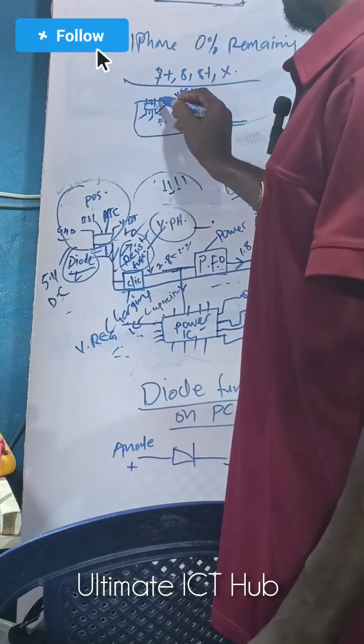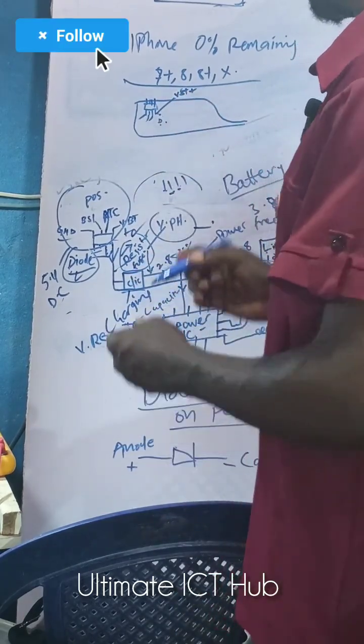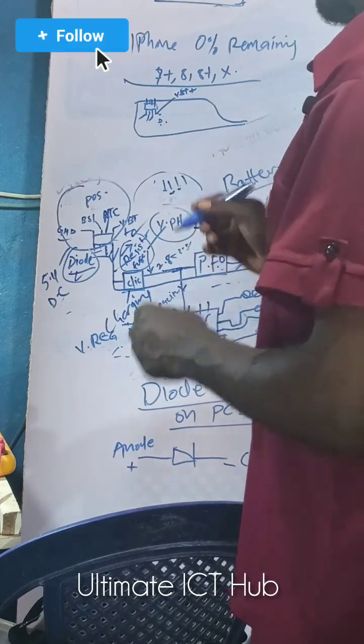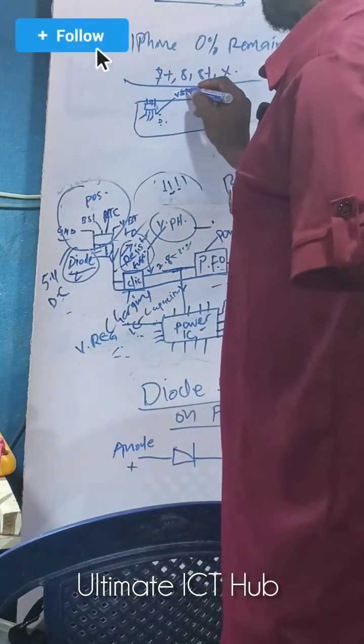We have the BSI here. Do you understand? Yes. So there's a particular. You see this V